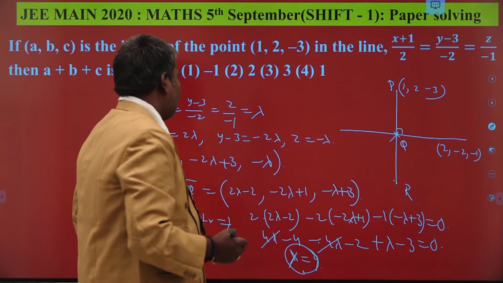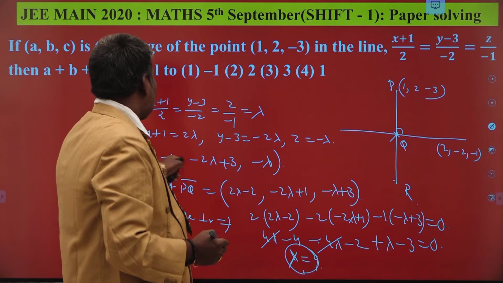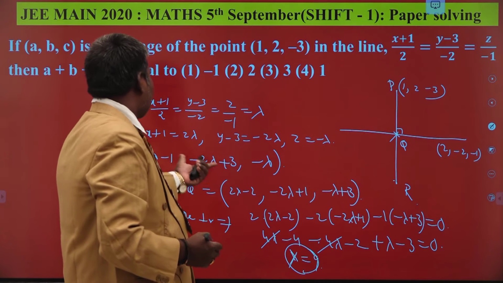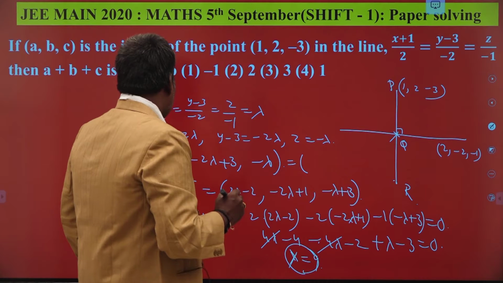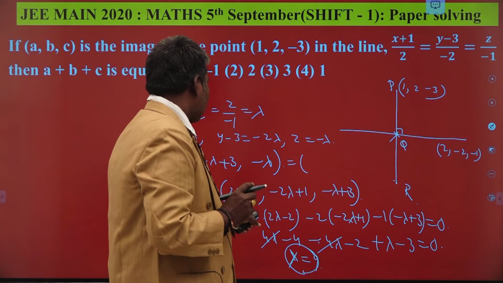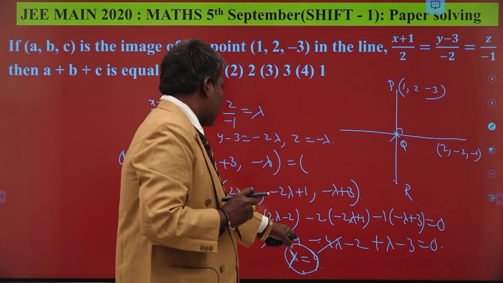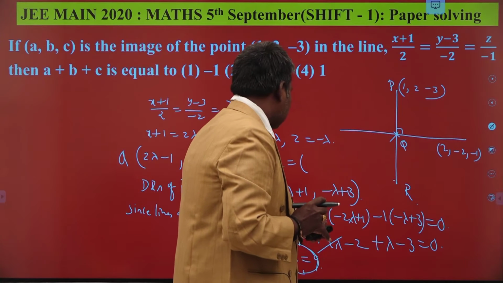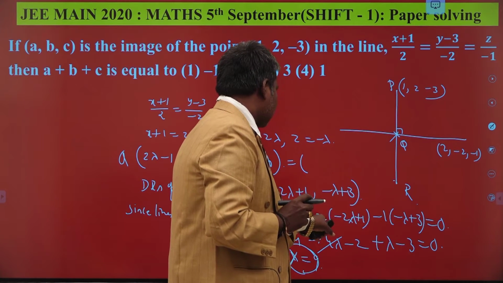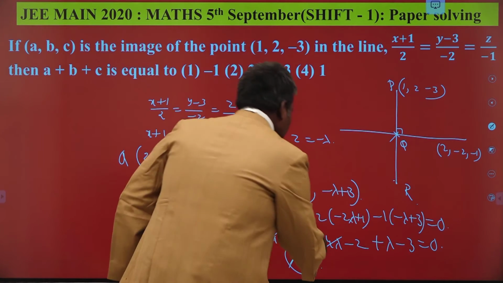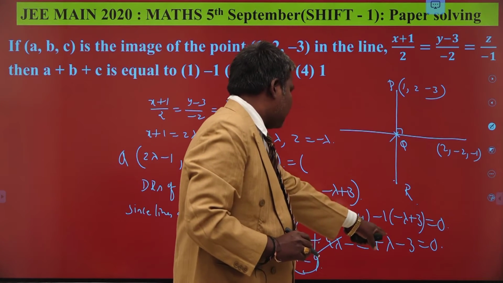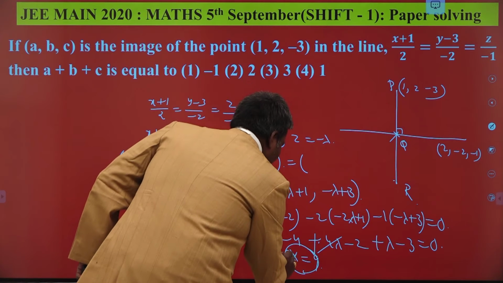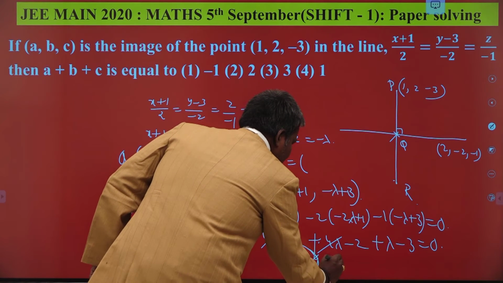What is your lambda value? 9. So substitute lambda is equal to 9 here itself, we get the point Q. Is it 9 or not? Direction ratios dot product, 2 twos are 4 lambda minus 4, minus into minus plus, I think so. Minus into minus plus 4 lambda. So 4 lambda plus 4 lambda, 8 lambda plus lambda, 9 lambda. 9 lambda is equal to 9. We have lambda is equal to 1.